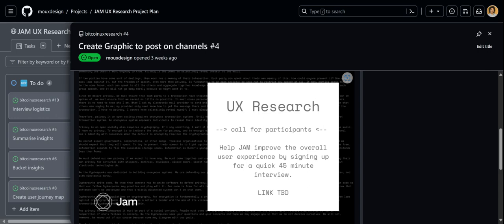I'm also thinking about the actual text itself. Like the word research, we have to think about the people that we're dealing with. I'm just thinking out loud. If we use the word research, then they feel we might be researching them. So maybe we call on the ethos or the philosophy, and we just say, would you like to help improve the Jam UI?